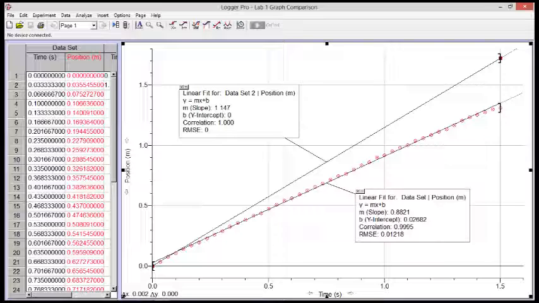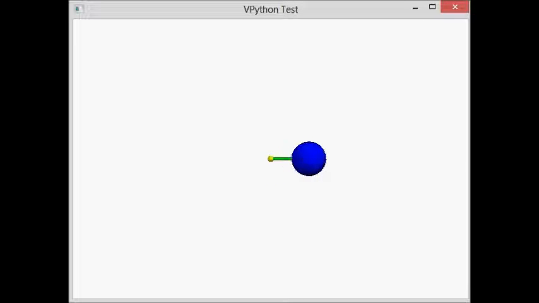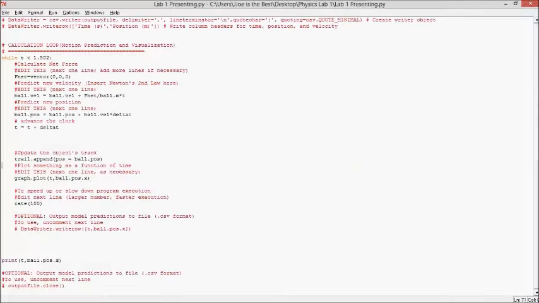Next, I created a computational model of the movement of the basketball using computer coding. To create the computational model, the code needed to be changed to model Newton's second law. The most important thing was to change the net force to equal zero, since we were trying to model constant